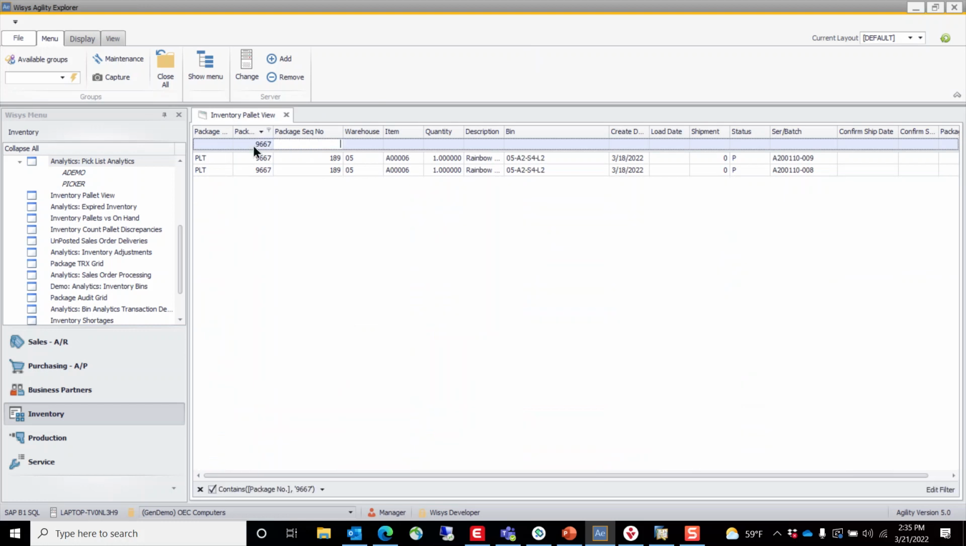That's pallet 9667. As you can see here, it currently has two serialized items on it, this 009 and 008. And what we're going to be doing is splitting this pallet into two, keeping the original 9667 with the original batch 009 on it. And then we are going to create a new pallet with this batch 008 in a new bin 05D instead of 05A2 S4L2. So we are also going to jump over to SAP here, take a look at the item